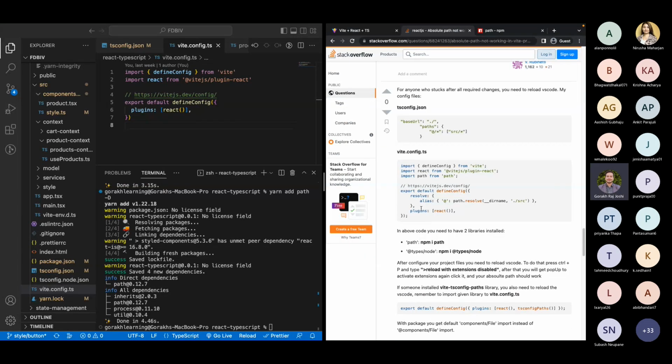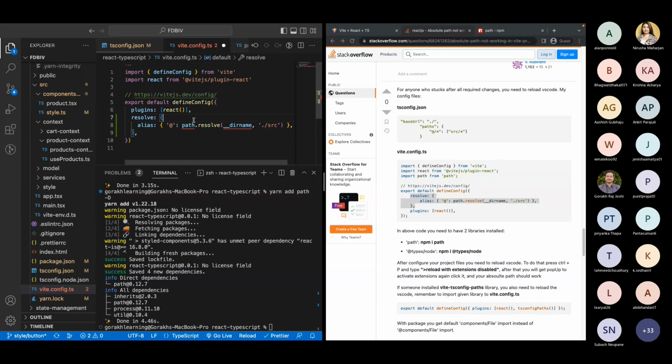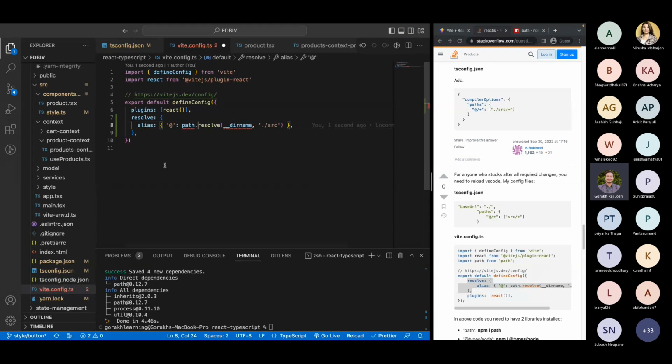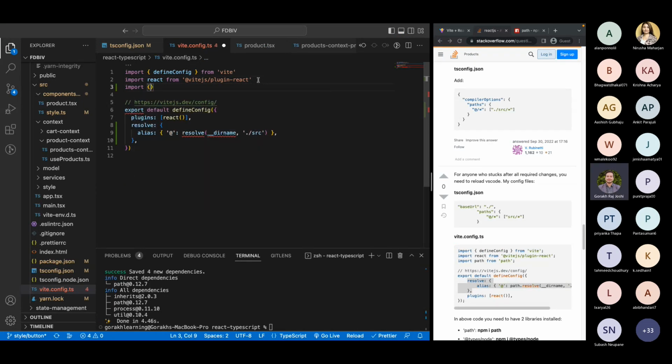Maybe this one, this will work, I think. Yeah, let me just use this one. So now we don't have this path and resolve here because we haven't imported it. Maybe resolve is inside path, we can directly destructure it. So import resolve from,